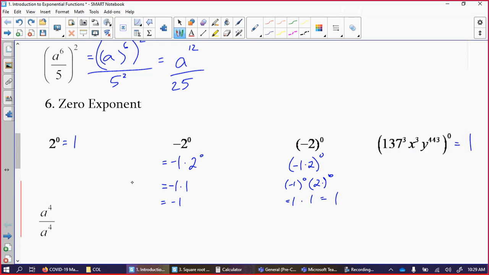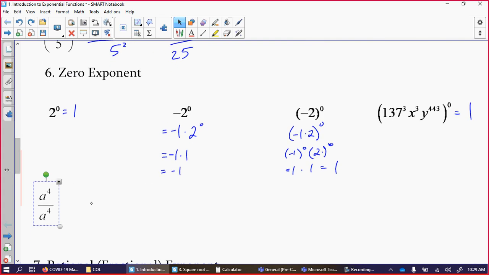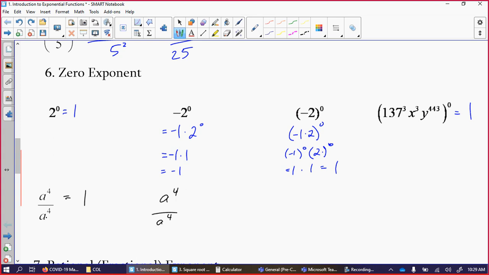Most calculators typing that is different. Why is something to the power of 0, 1? Well, a to the 4th over a to the 4th is something divided by itself, which is 1. Okay, that's cool. But with exponents, a to the 4th over a to the 4th is